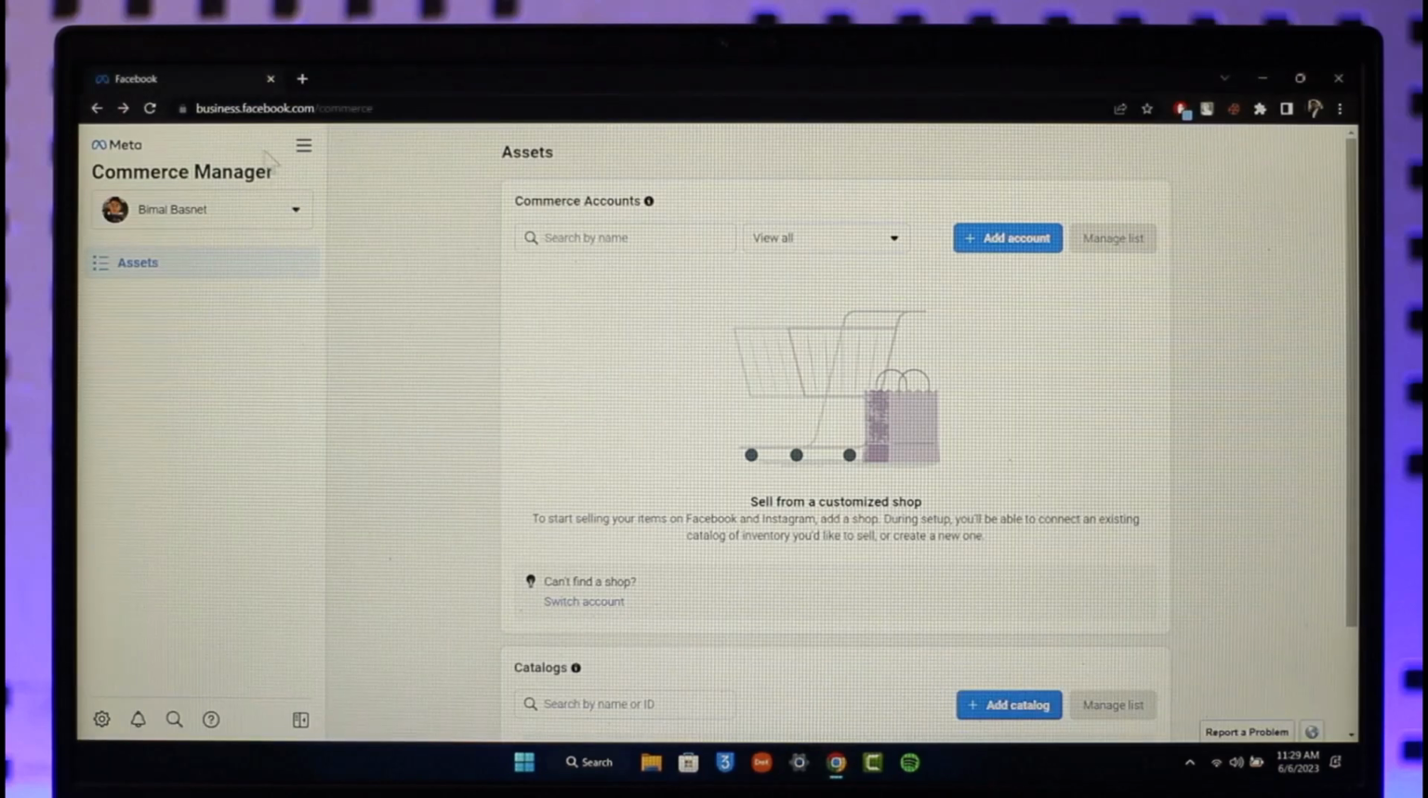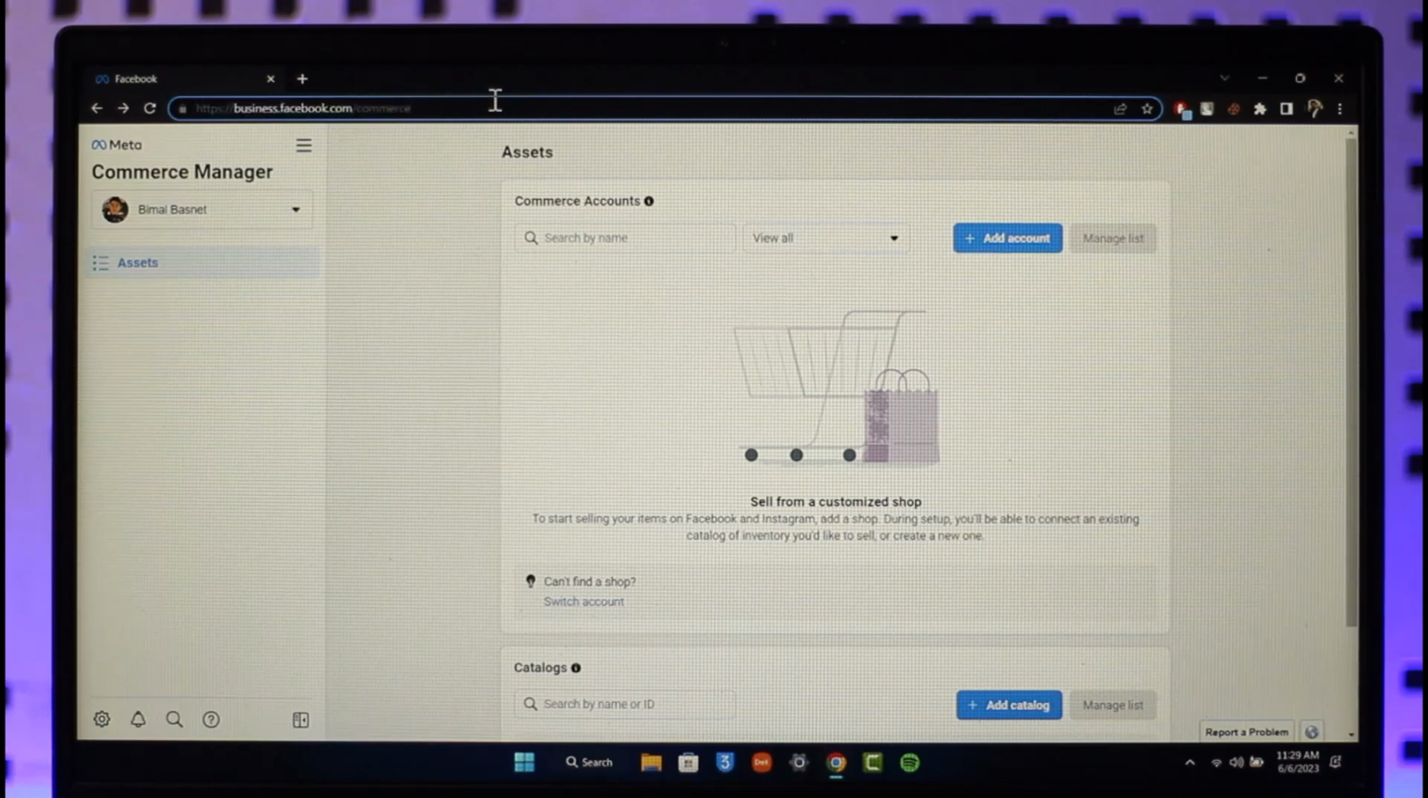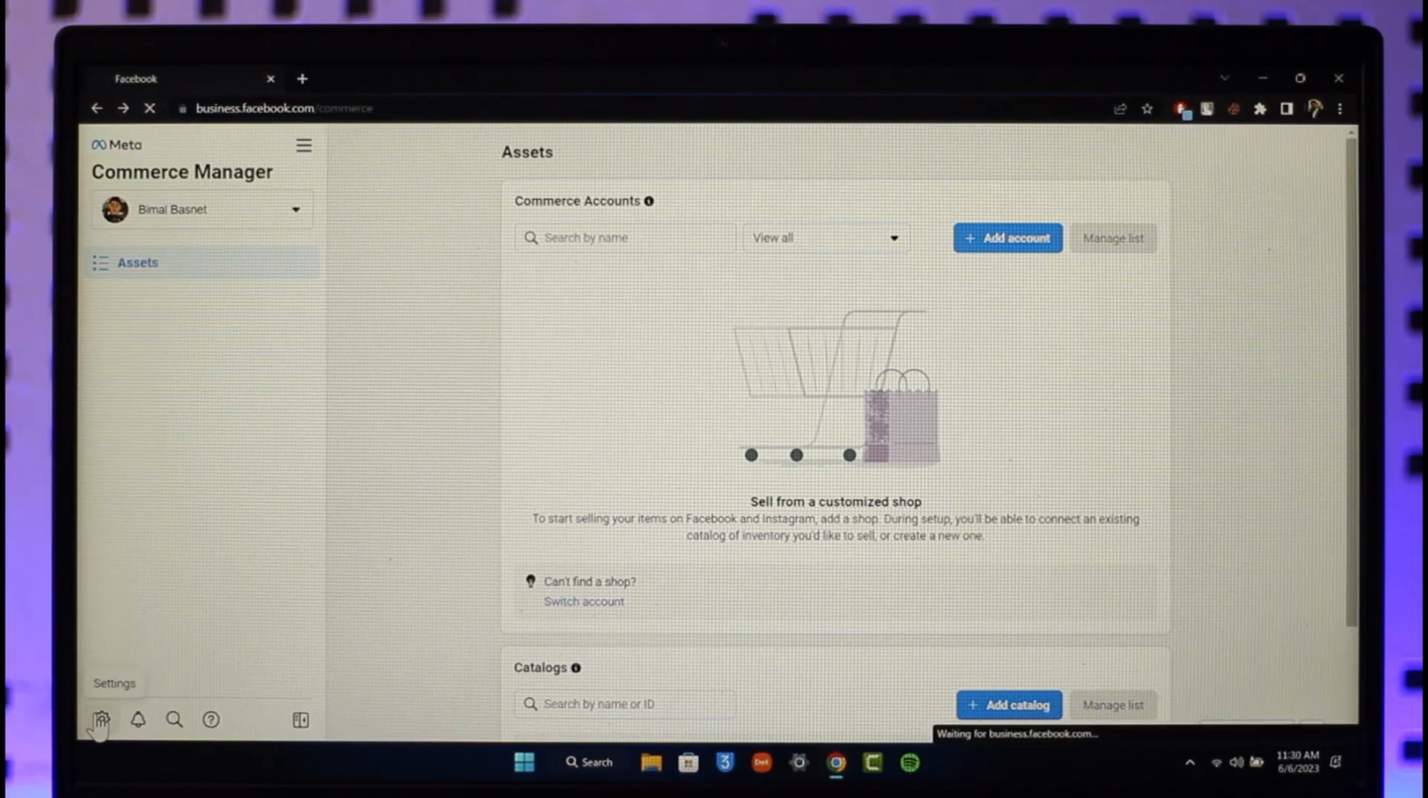Once you open up your browser, you simply want to go to this official website, which is business.facebook.com/commerce. I'll also have a direct link prepared down in the description box, so just go to business.facebook.com/commerce. Then once you've done this, you simply want to actually go to the settings icon here and then log